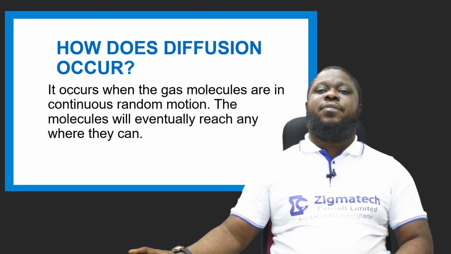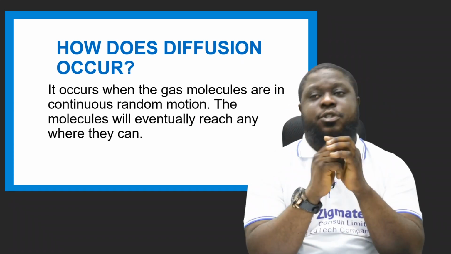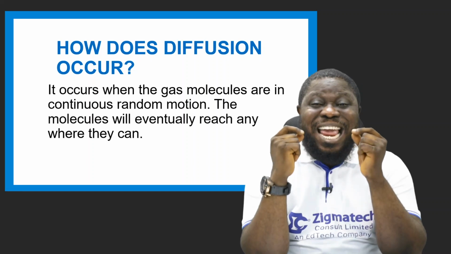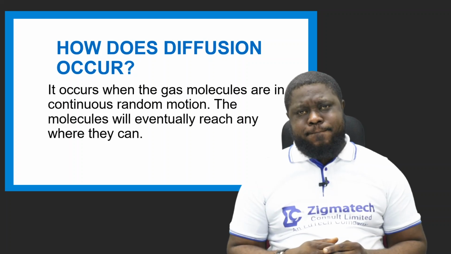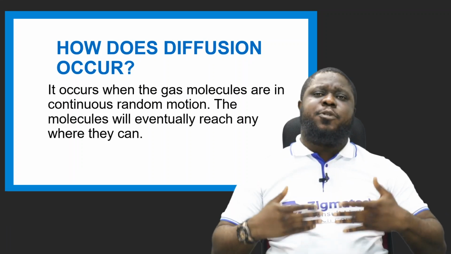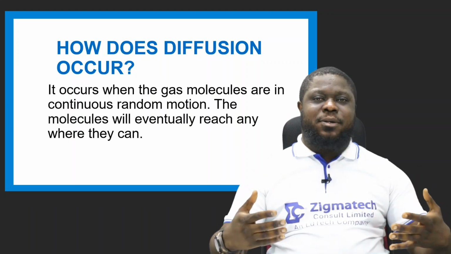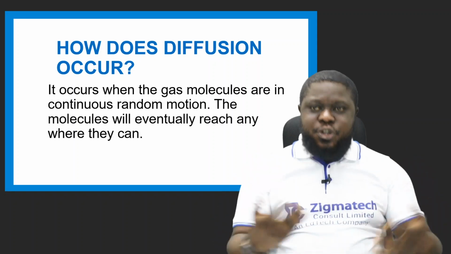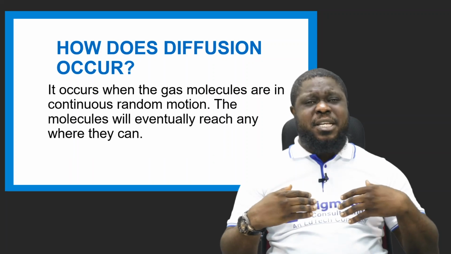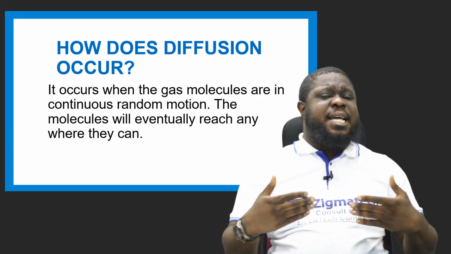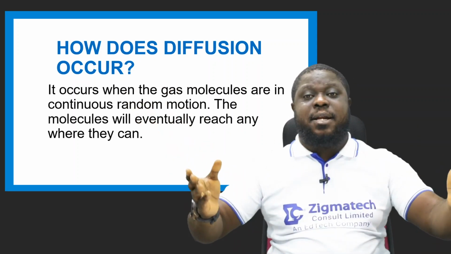Now the next one is, how does diffusion occur? How does it occur? Okay. It occurs when the gas molecules are in continuous random motion. The molecules will eventually reach anywhere they can. These molecules, when they come out, I'm still using the perfume. Let's say you spray the perfume now in the garden, in the flower garden, like I said. When you spray it, when they come out, okay, they're in continuous random motion. That is why the scent is coming. When they come out, you see them randomly moving. The scent is coming. But when they face the atmosphere and they scatter, and they reach anywhere they can, individually,